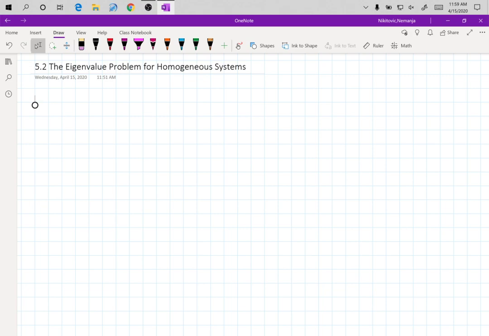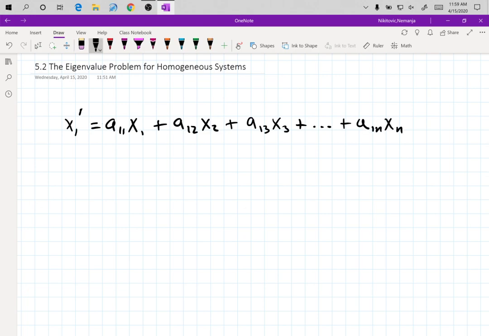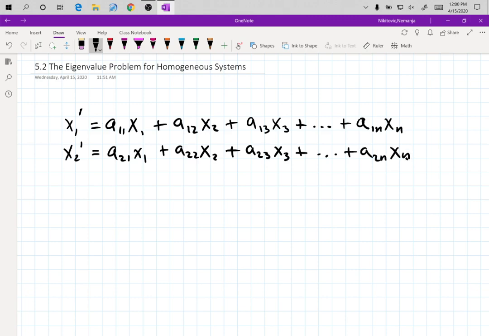So we are going to start with the generalization of all of this when you are starting with your system. x1 prime is equal to a11 x1 plus a12 x2 plus a13 x3 plus ... going all the way to a1n xn, and then the second equation, a21 x1 plus a22 x2 plus a23 x3 plus ... plus a2n xn, all the way down to, and now remember, this has to be a square matrix because the